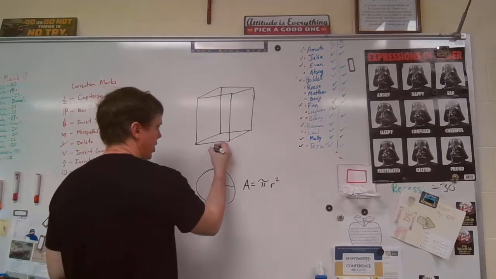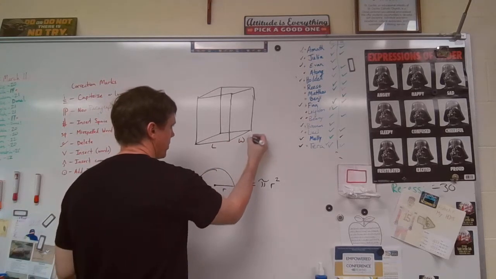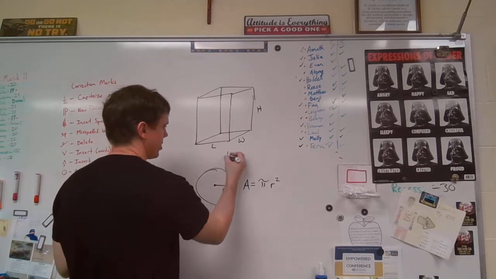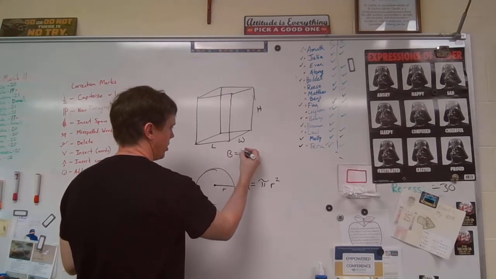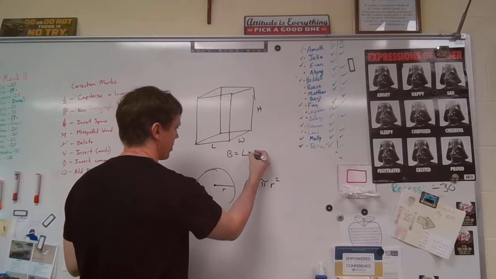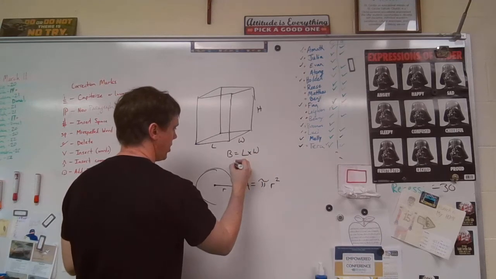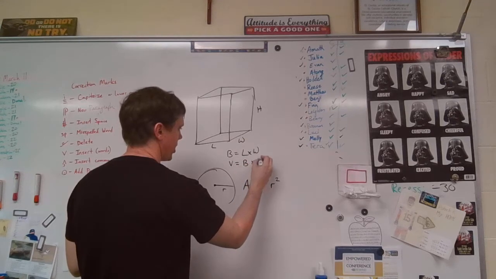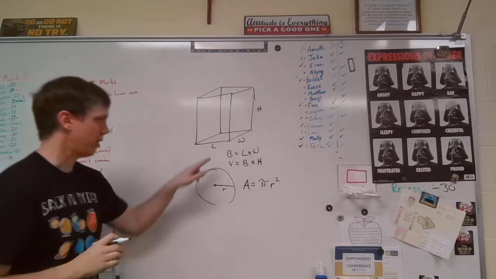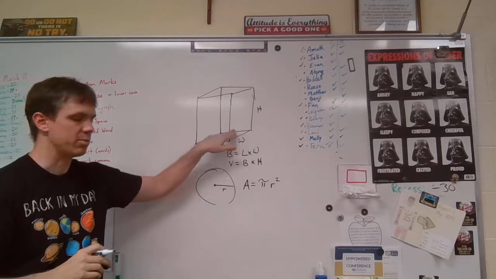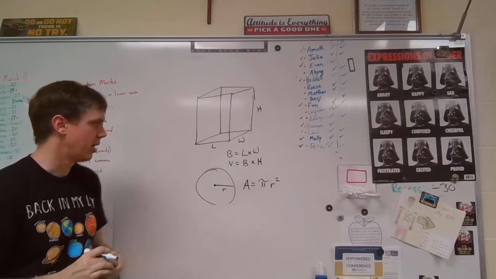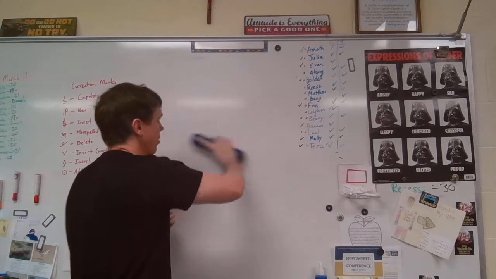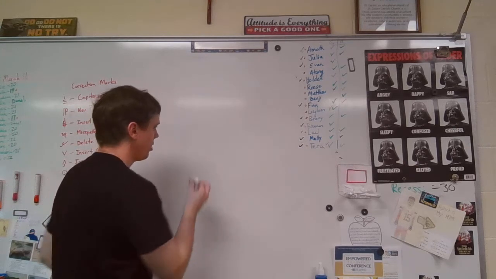Well, here you have your length and your width and your height. But couldn't you just say that the base, so this bottom part, is going to be length times width, and then volume equals base times the height, right? Because length and width is going to give you the base part, and then you just multiply the height times that. Well, if that base is in fact not a square or a rectangle or a triangle or any other shape, but is a circle,